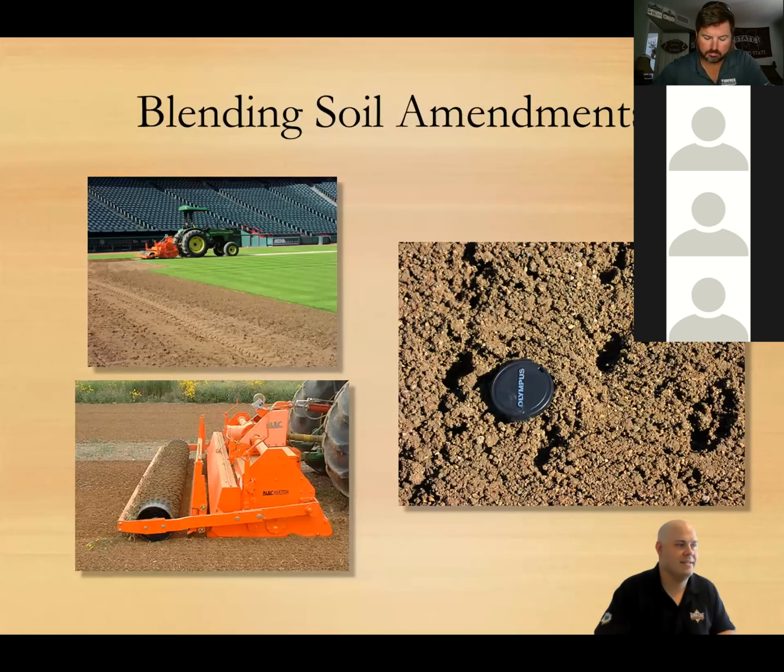Here's the blending process and what it looks like. 25 tons was top dressed out on this surface, and then a reverse tine tiller, this is a black reverse tine, tilled it in two. I think this field was actually four directions, but sometimes it does go a little higher than that, depending on how much moisture was in the profile when these were being blended together.